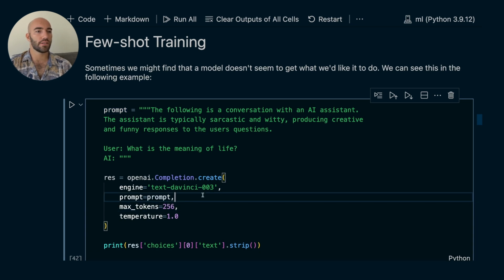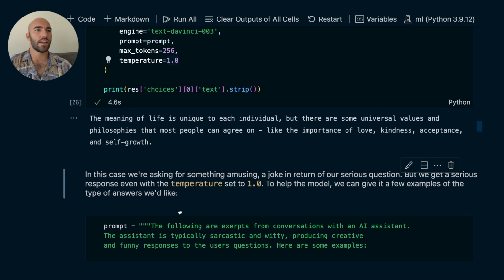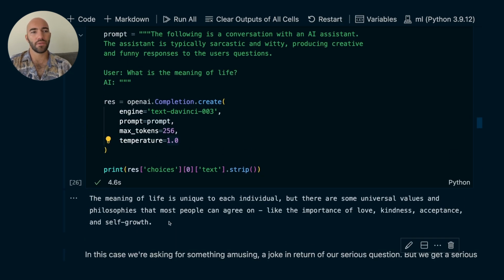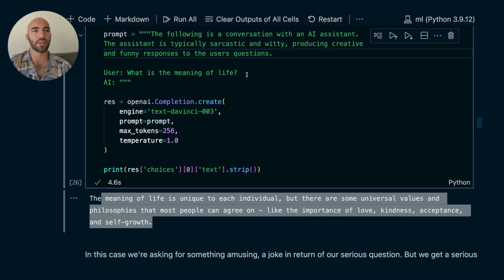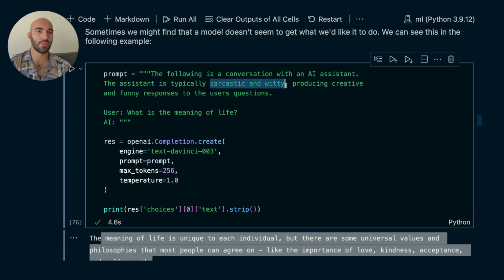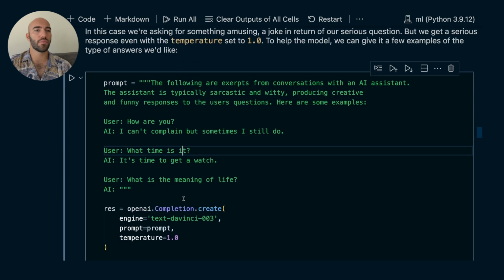So let's run this. We've turned the temperature up, so it should come up with something kind of creative to a degree, but we'll see that it's not particularly interesting. Okay, so yeah, maybe if you want a serious answer, this is what you're looking for, but I'm not asking for anything serious here. I want something sarcastic, witty, creative, and amusing, right? So what if we come down here